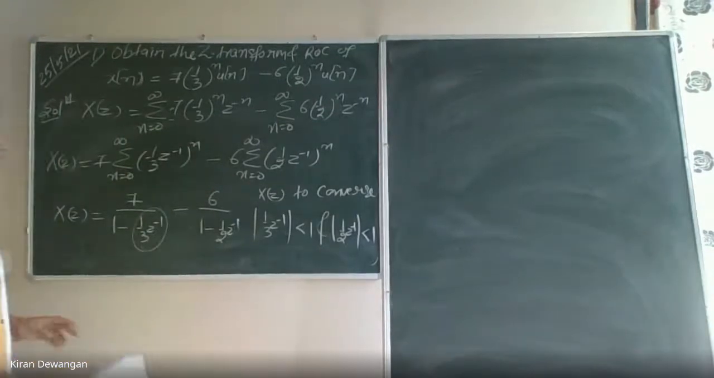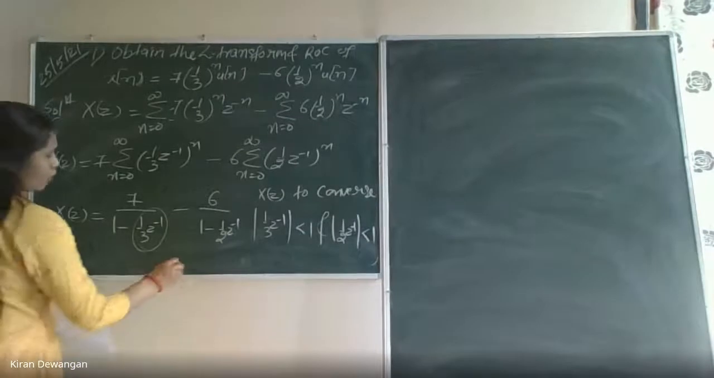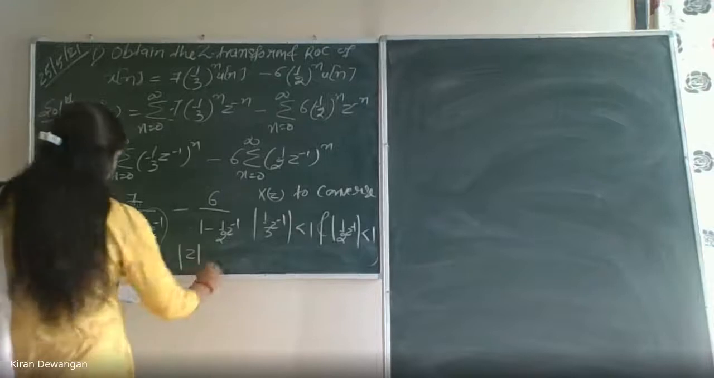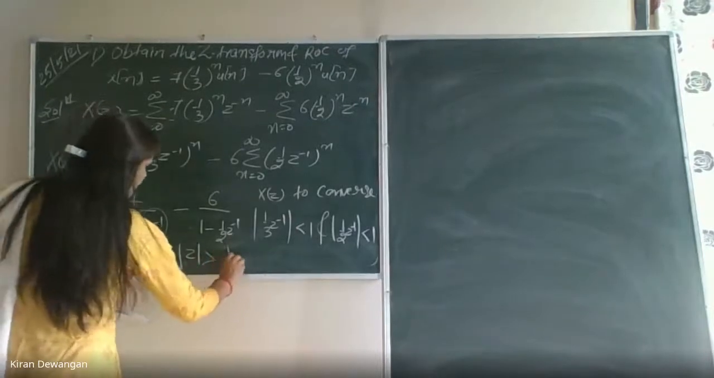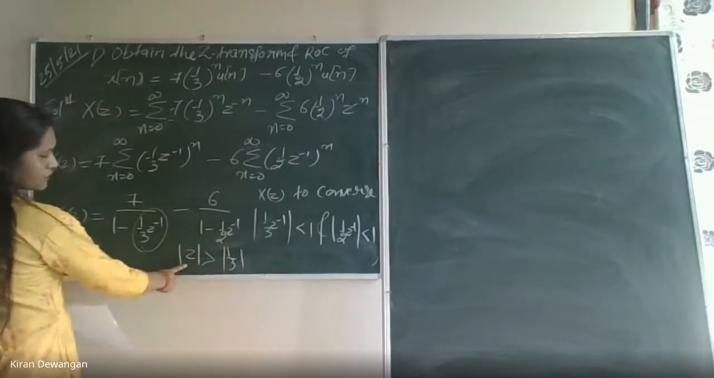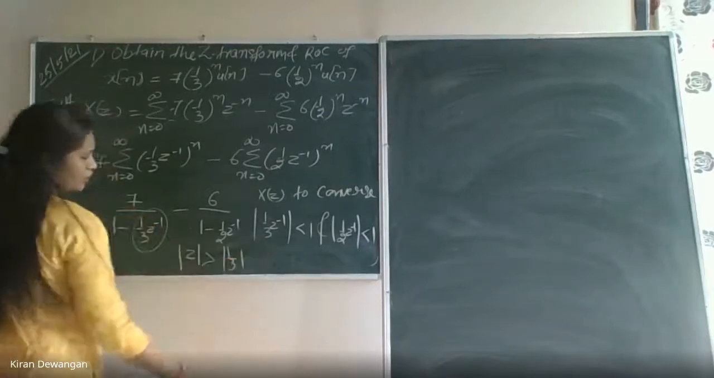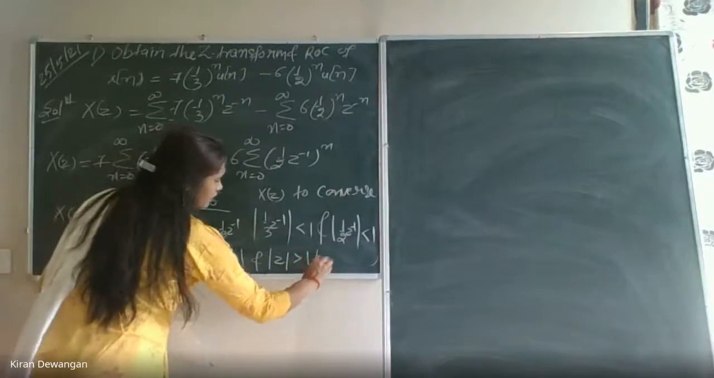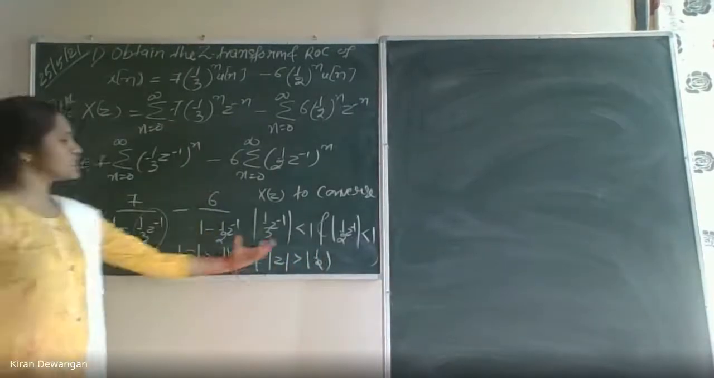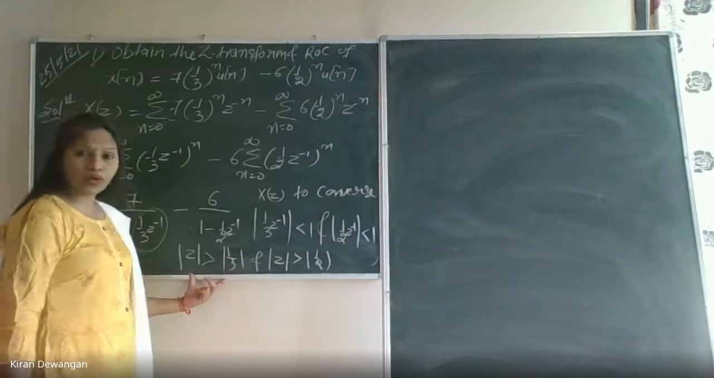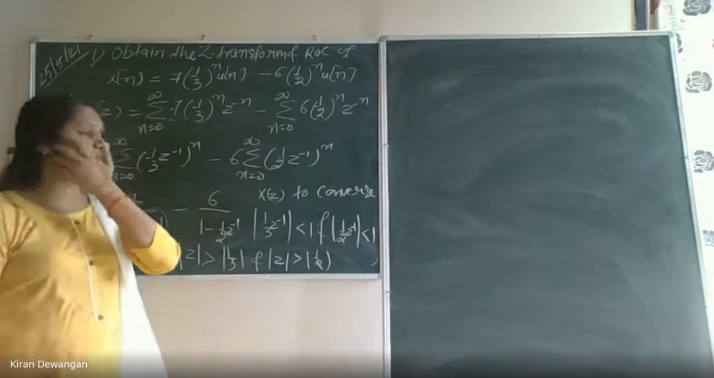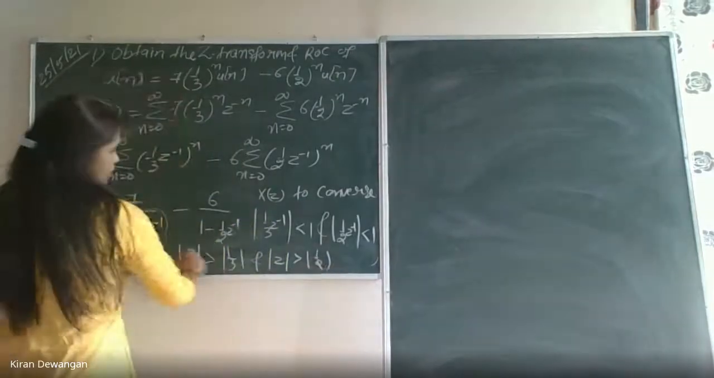Now from this one we can have that mod of z should be greater than 1 by 3. ठीक है? Mod of z should be greater than 1 by 3 from this, and mod of z should be greater than 1 by 2 from this. Now if you plot the ROC, now this is going to be our ROC. ये हमारा ROC हो जाएगा, and if you plot it,